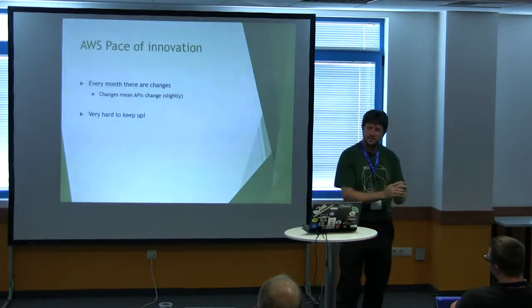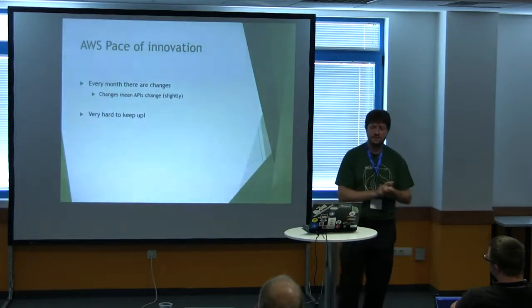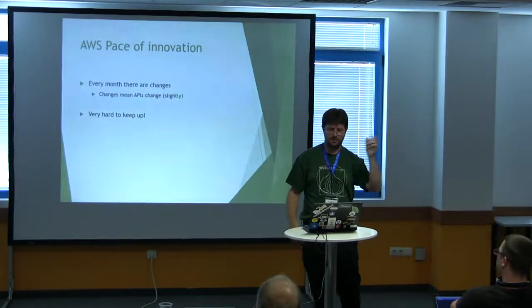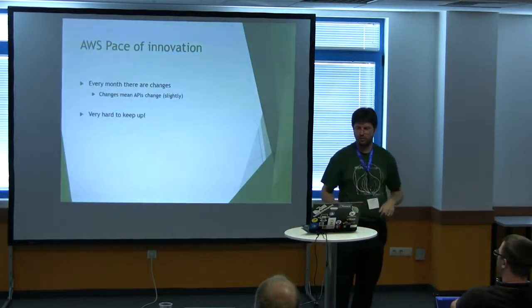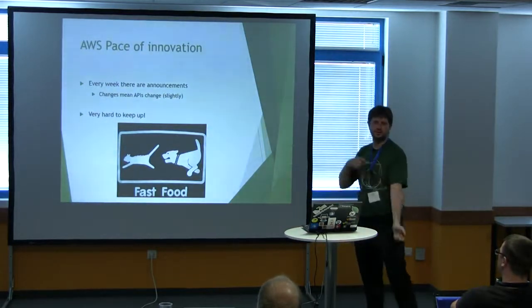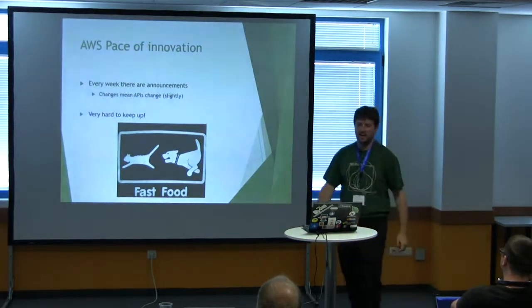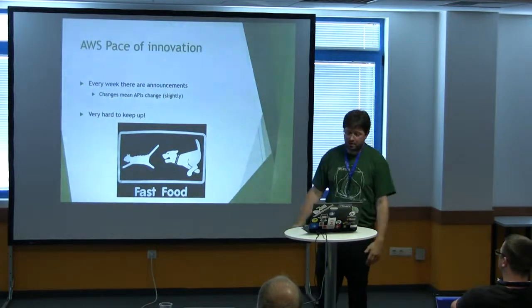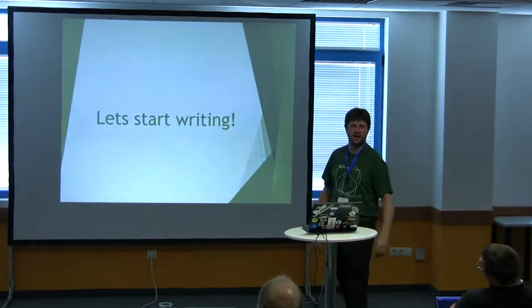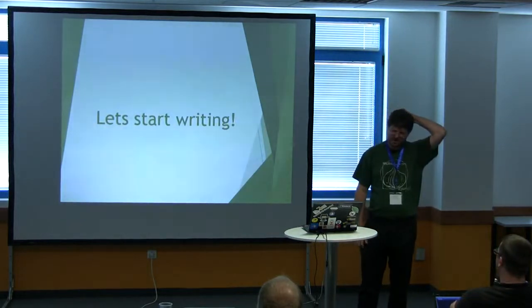So the thing is that you're just seeing monthly changes. Now we support this, now we support that. You could pass this parameter to enable this new feature. It's hard to keep up with these guys. So we thought, let's start writing a bit. No, how will we do this?